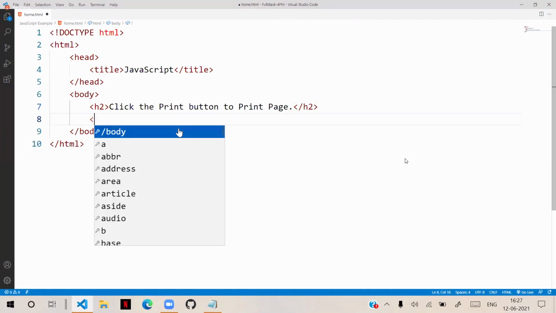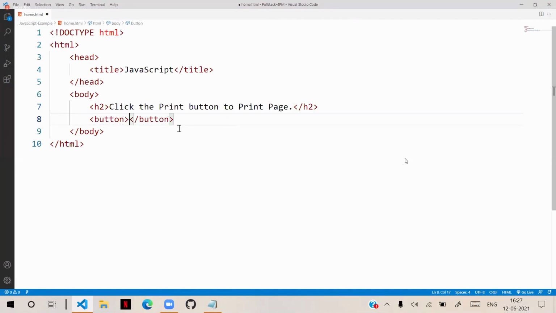And here I added a button and used the word print.